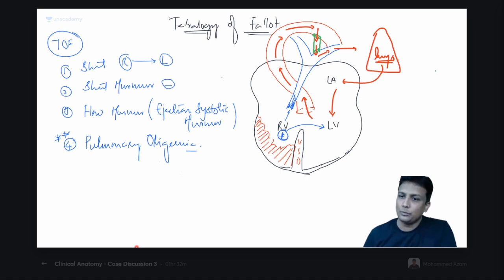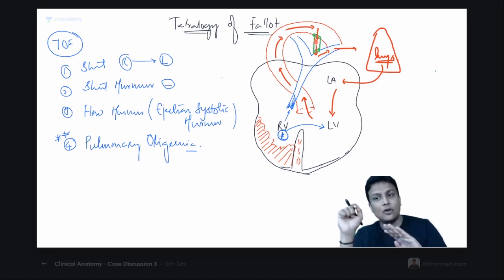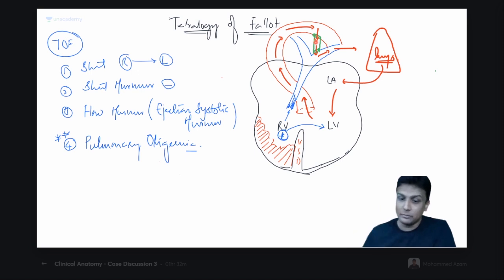If they give you central cyanosis on day 7, guys, that is because after closure, if this closes, what will happen? Central cyanosis will occur. So after 1 week, if central cyanosis is seen in the baby, that means it is tetralogy of Fallot. On day 0, cyanosis will not be seen, but the cyanosis in tetralogy of Fallot will be seen only on day 7. So this word is very important.